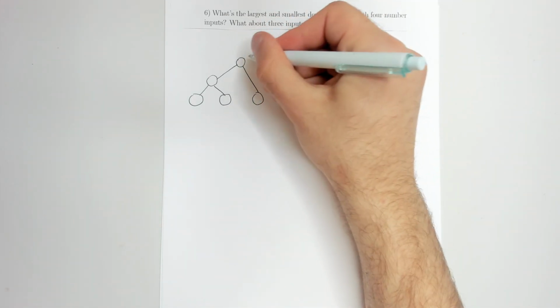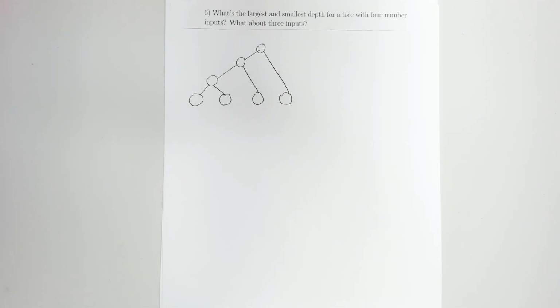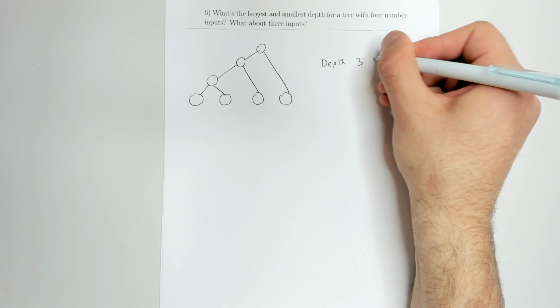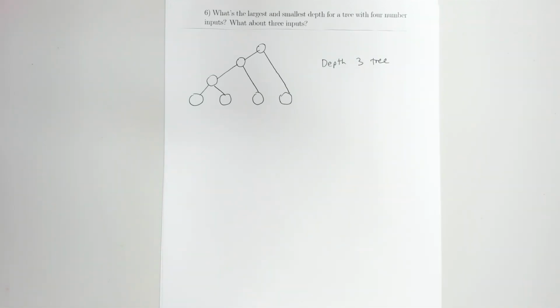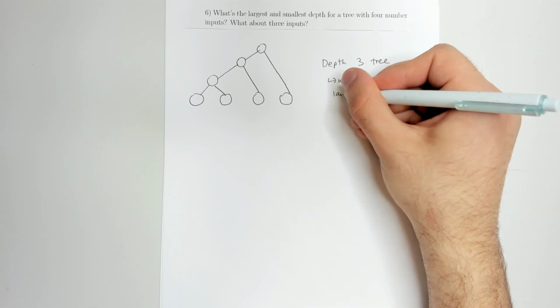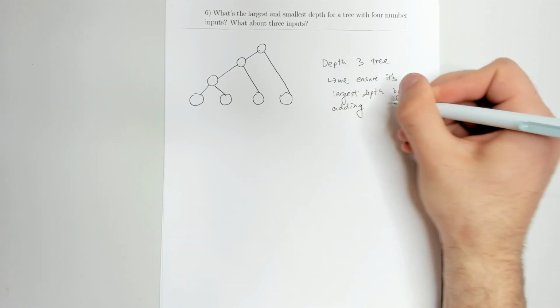And then lastly, we're putting an operation right here. So that's even a new operation we're putting on that depth. So we're adding a new depth with every single operation, and that's how we ensure we get the largest depth. So what we end up getting is a depth of 3 tree. Okay? So we ensure it's the largest depth by adding only one